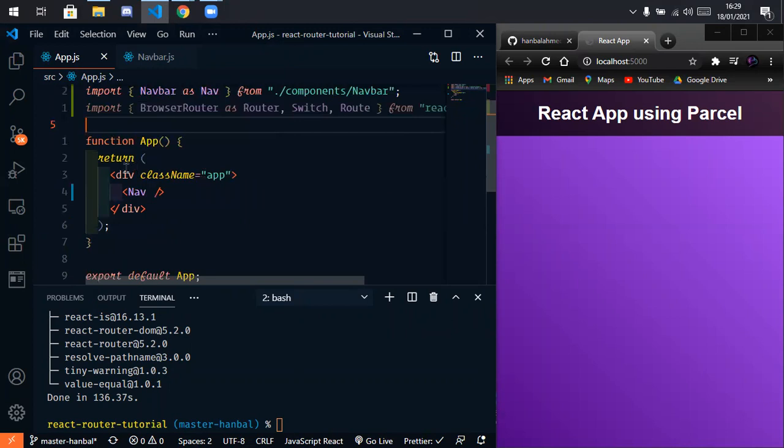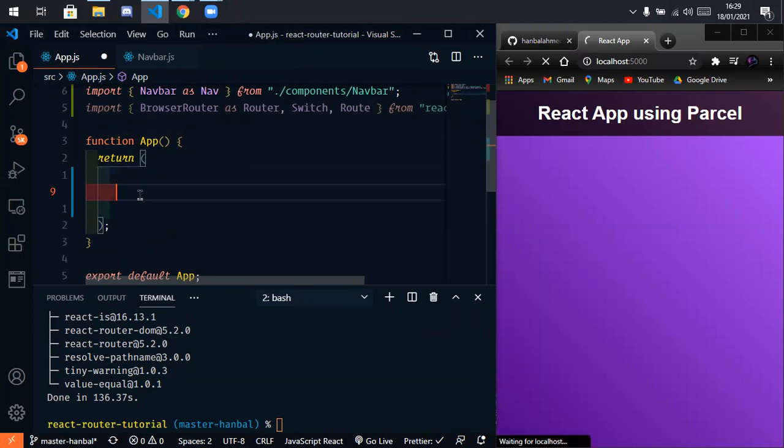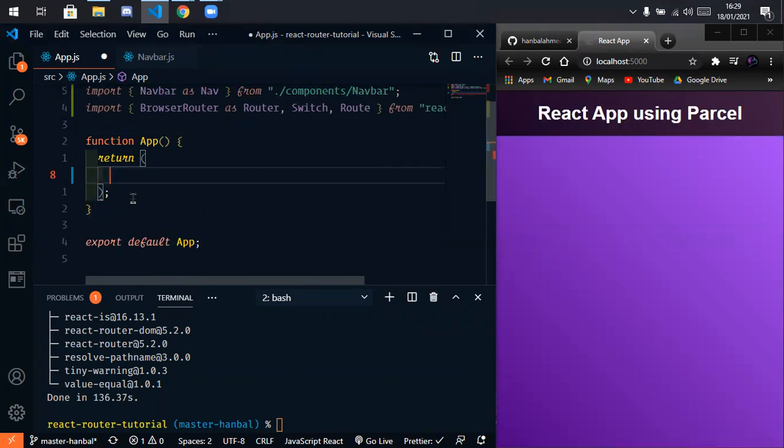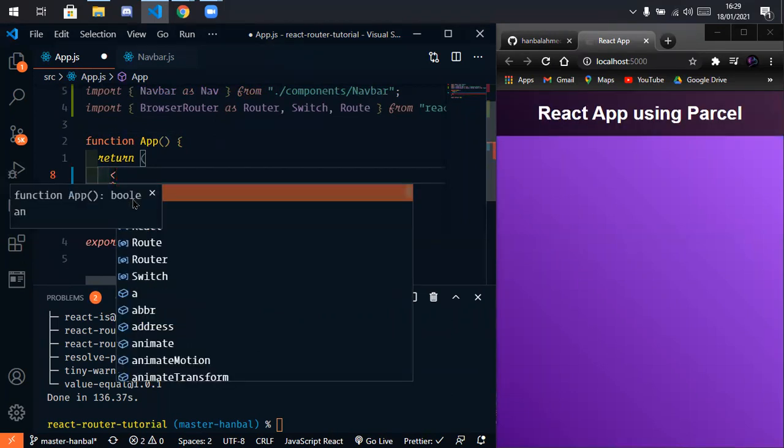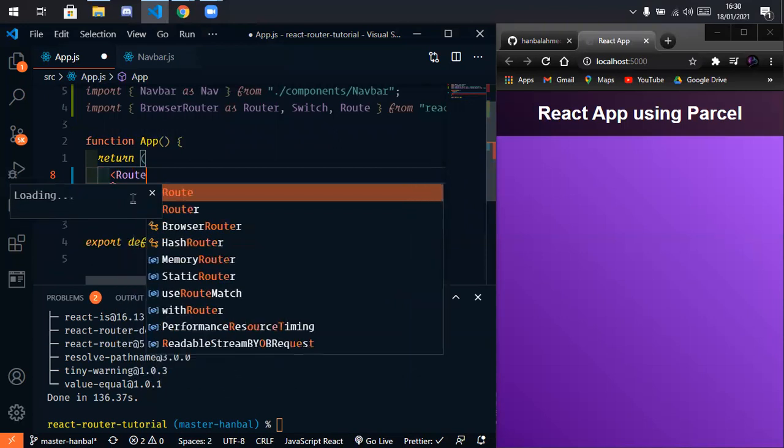And now instead of a div, let's remove this div and let's wrap everything in a Router,